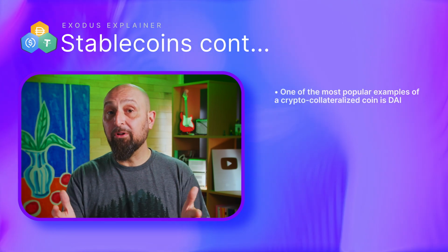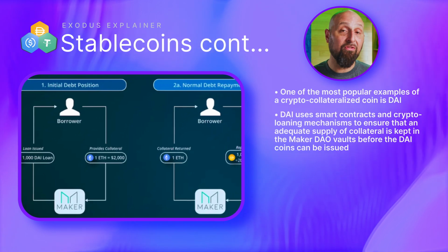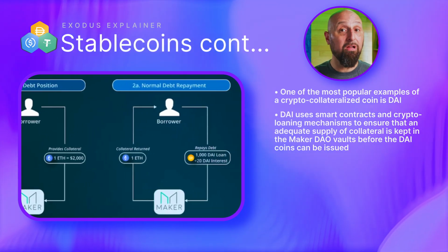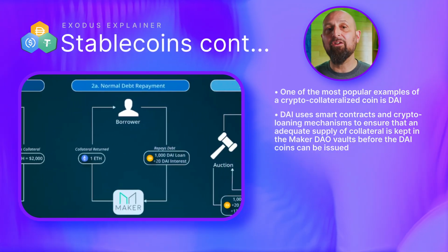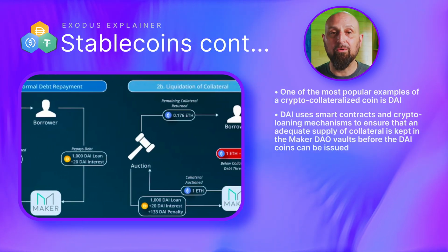Now, there are also crypto collateralized stablecoins on the market which are backed by other cryptocurrencies. They're often over-collateralized to account for the potential volatility of cryptocurrencies. Now, perhaps the most popular example of a crypto-collateralized coin is DAI, which uses smart contracts and crypto loaning mechanisms to ensure that an adequate supply of collateral is kept in the MakerDAO vaults before the DAI coins can be